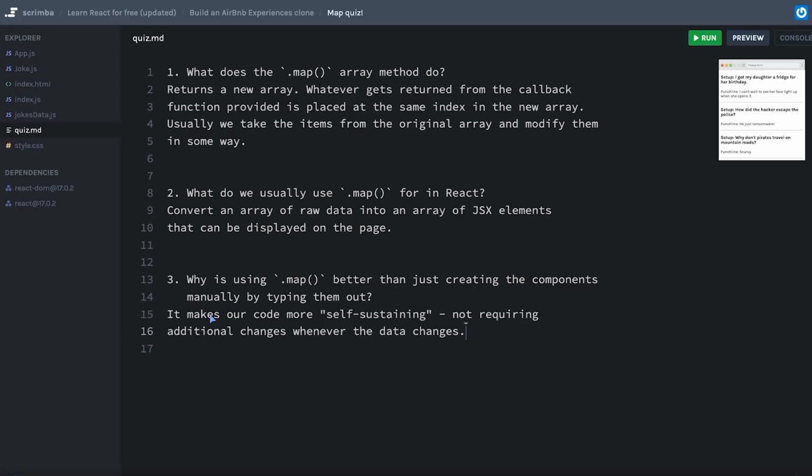It makes me think of when we're typing out a C-style for loop and we say something like for, let i equal 0, and then we use i is less than some array dot length. This makes it so that if the length of the array ever were to change, our for loop would not require intervention. Instead, it would automatically check the length of the array, and that's what it uses in this parameter